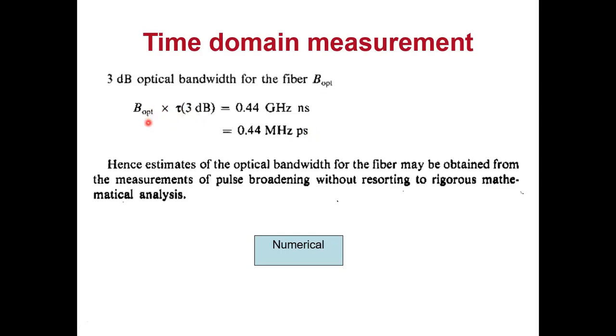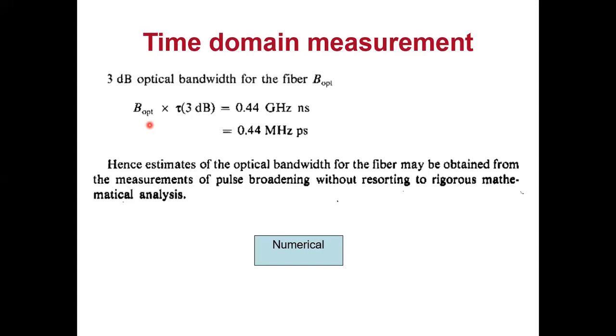Once you know that, the vendors can prepare the specification, the data sheet, and release it into the market. So I know the attenuation, I know the dispersion, and I know the capacity of the fiber. Then the buyers will buy. Other parameters will also be there in the data sheet, like the numerical aperture, the radius, the refractive index of the core and cladding, or they can give you delta.